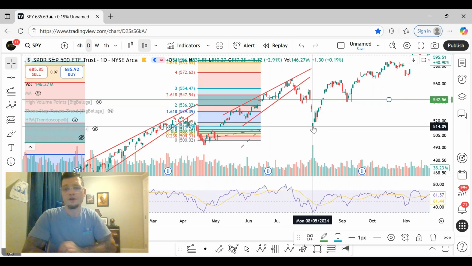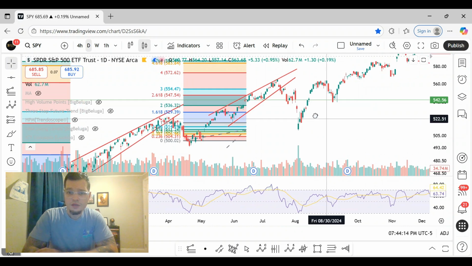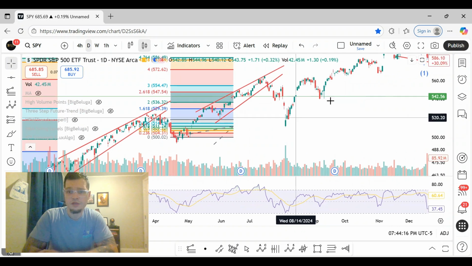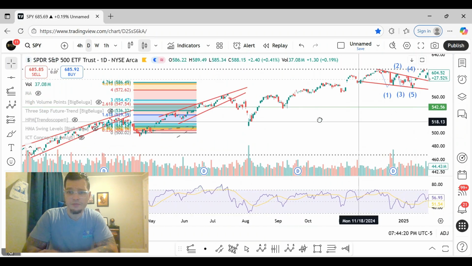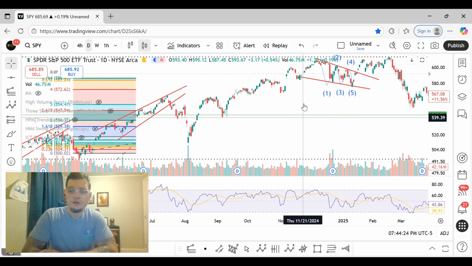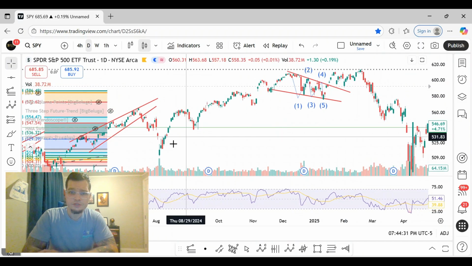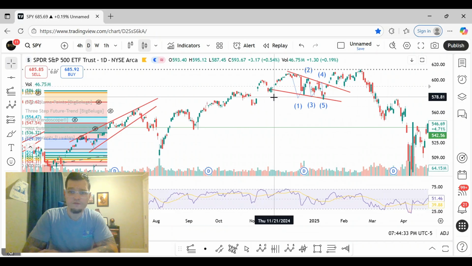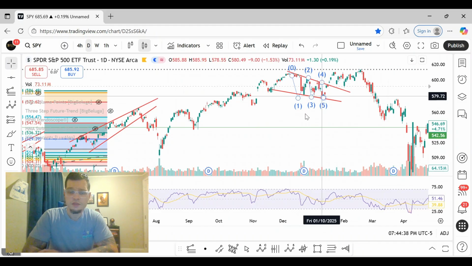And when you see that you're finding support there and you're in a bullish market, you know that the next move is going to be another 5-wave impulse. And that's what happened. This gives you a warning shot right here when you see a 5-wave correction. You see we got a 1, 2, 3, 4, and a 5. And when you have 5 waves going down, that's when you know the trend's losing steam, and that